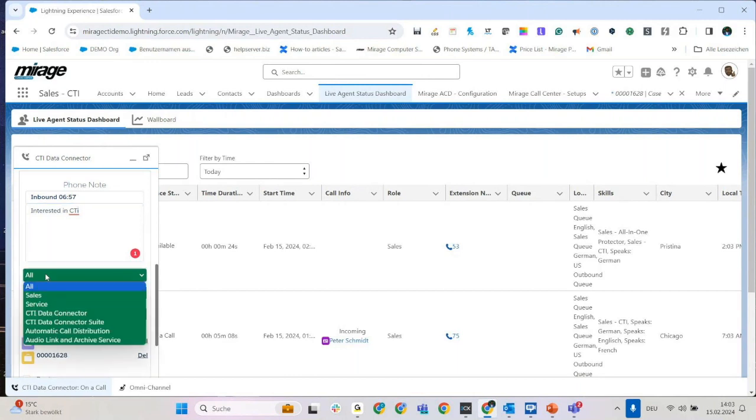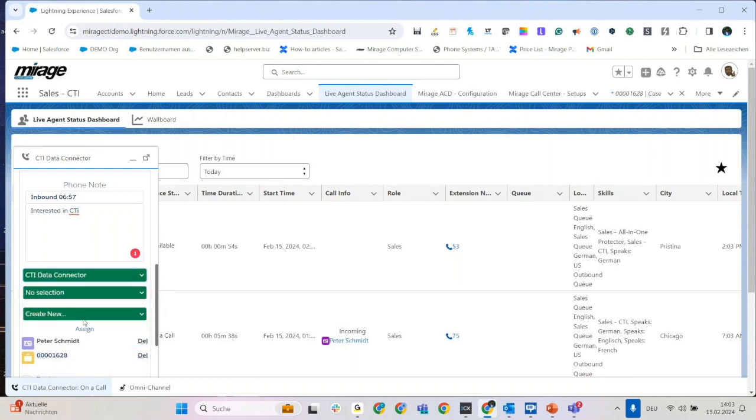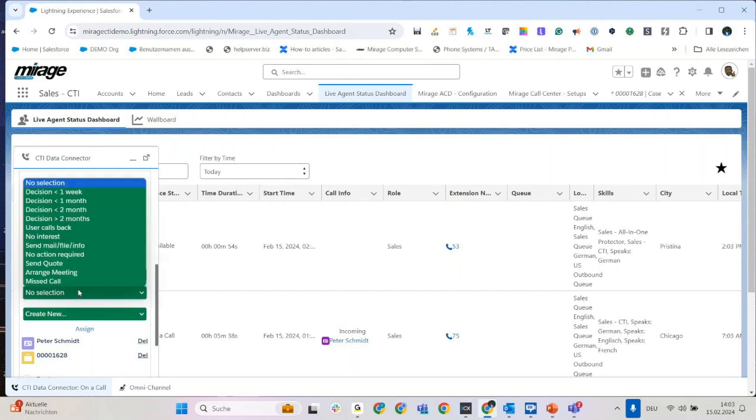We have the main grouping of call results, which might depend on the services you're offering. Maybe you have your sales department, or a service department, or it can also be grouped based on a product line. Maybe you run different product lines and you want insight into that later through the call results, which are also defined based on my pick list. So for the fact that I'm choosing CTI Data Connector, I have a range of call results that are automatically there that can be configured.